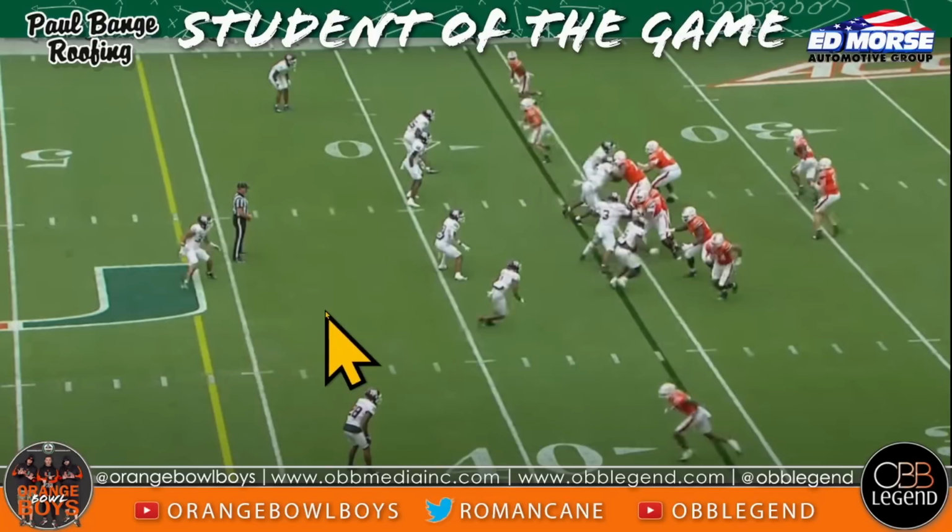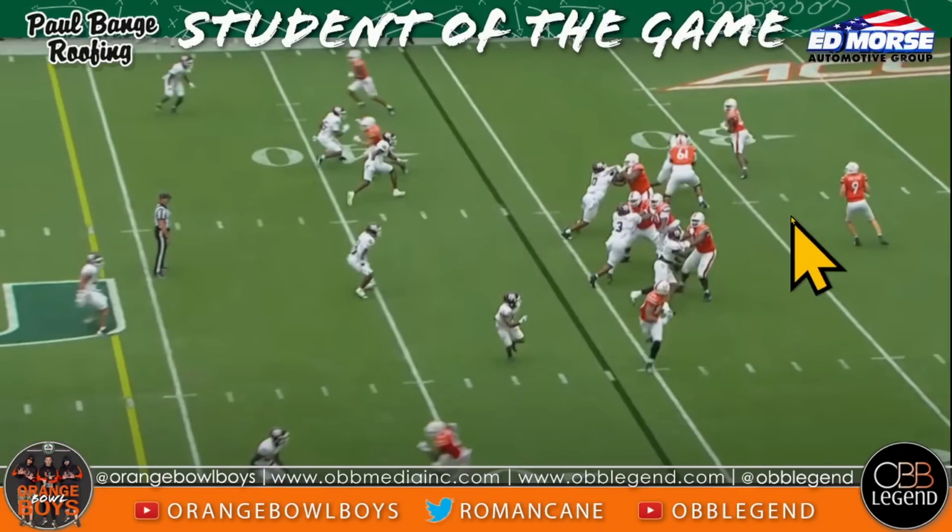Now this is a cover three, single high shell. This is going to be an option route. Miami comes out in 11 set personnel. Here you got one running back, one tight end, 2x1, tuck two into the boundary. But they get a nice mismatch with Xavier Restrepo. First things first, Tyler Van Dyke looking down the middle of the field, knows that he has a single high